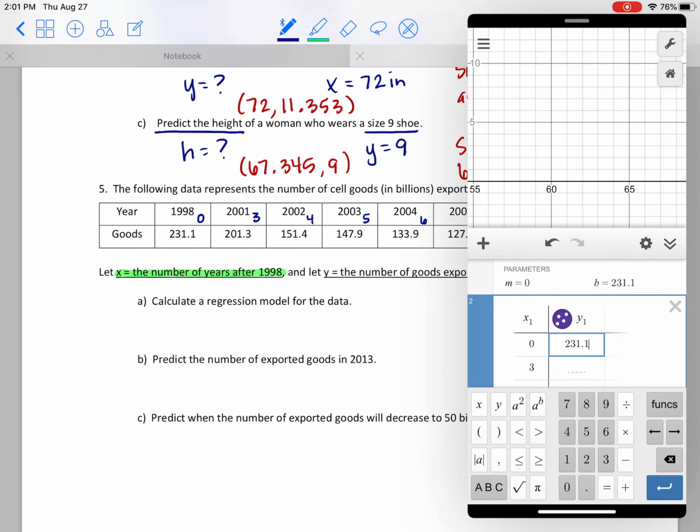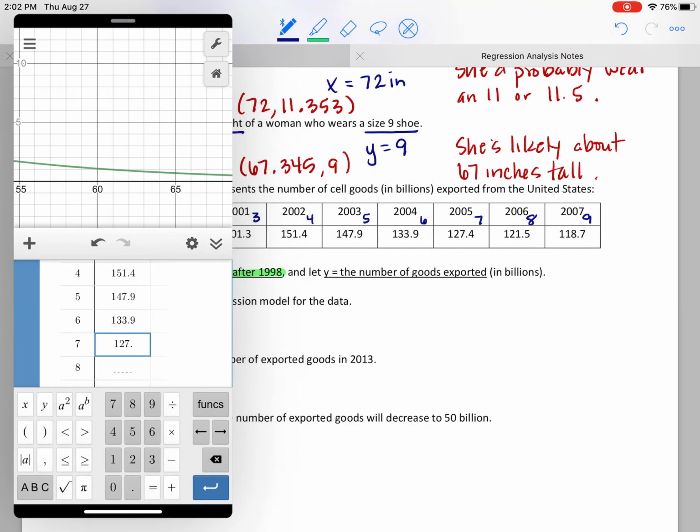So 231.1, 201.3, which was supposed to be here, 151.4, 147.9, 133.9, 127 something, 4, 121.5, and finally 118.7. Okay, so data's in,